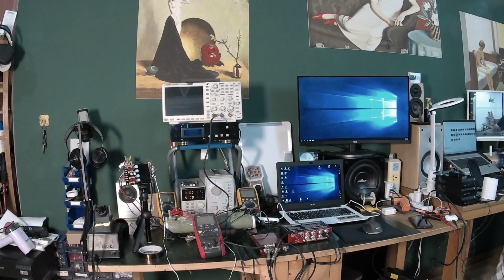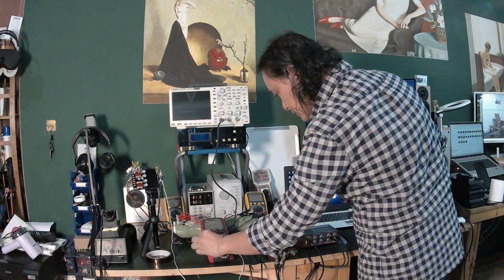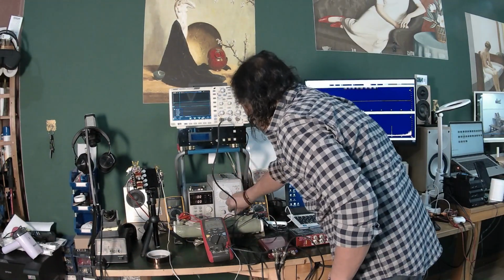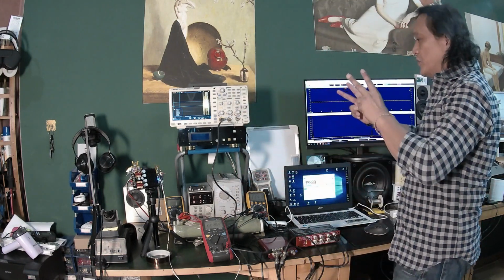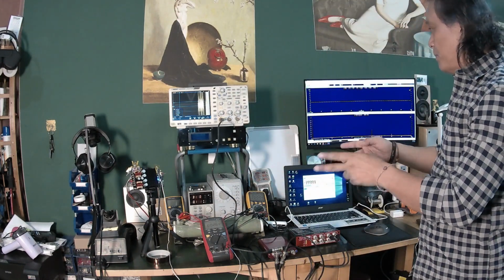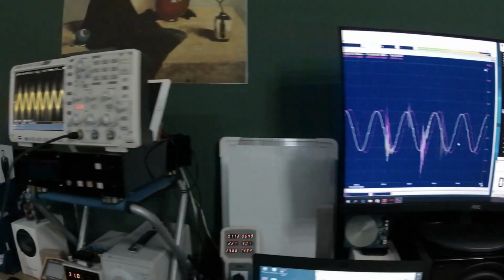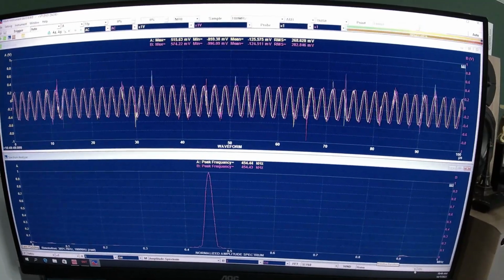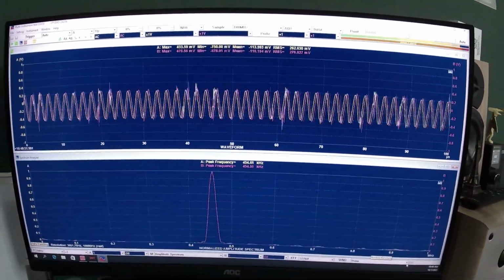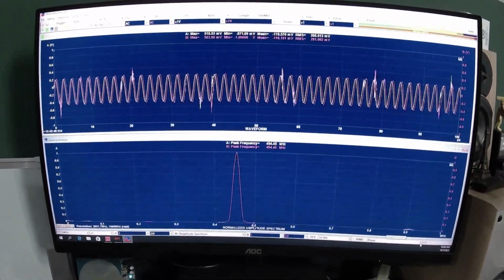Alright, things are set up and ready. LED is on. Without any input signal, let's power it on. This is a 31 volt DC power input. This is the residual noise. The clock frequency is actually at about 454 kilohertz. We have this because of the clock frequency, which is about